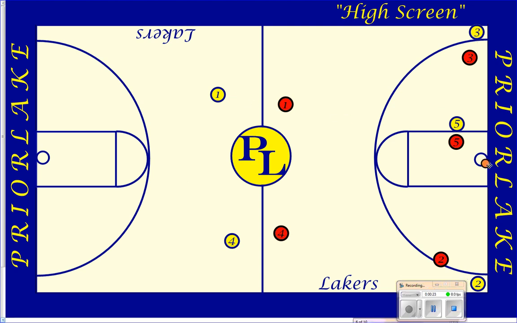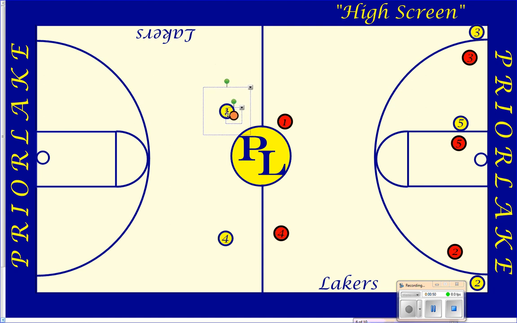The basket that we're going to is this one here that we're going to score at. And so in looking at the setup, we have our wings, our 3 and our 2, way down in the corner. We have our 4 opposite our 1. And our 5 is posted up on the block. On high screen, what's going to happen is